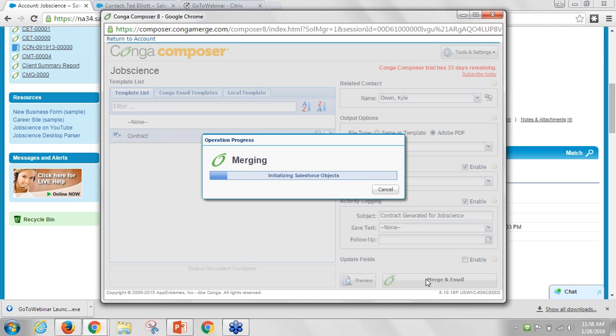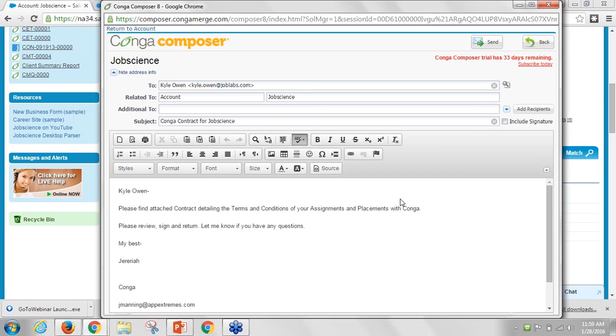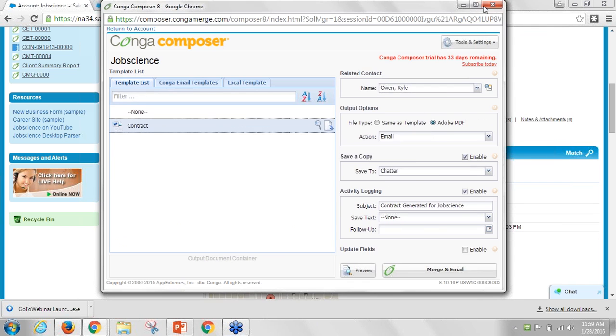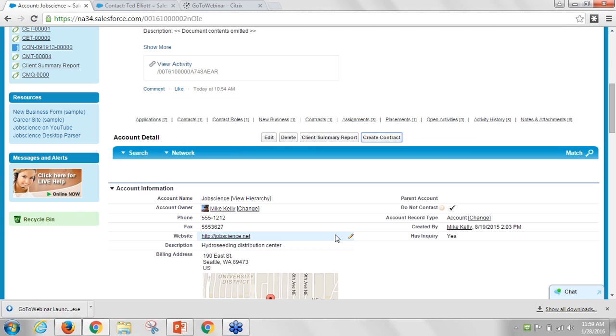And here's the same process. We're going to gather the information together, send it on that email, convert it to a PDF, and now we've selected a different email template because of that particular button. Now we're talking about the contract. Kyle, please find the contract with terms and conditions, and then call with any questions. We can go back, and you've already seen that contract. So there's a couple of solutions from the account record, the summary, and the contract.